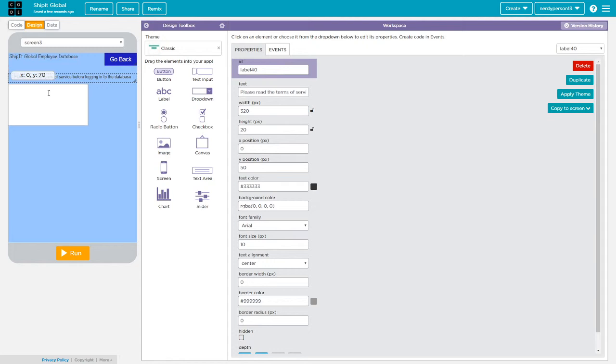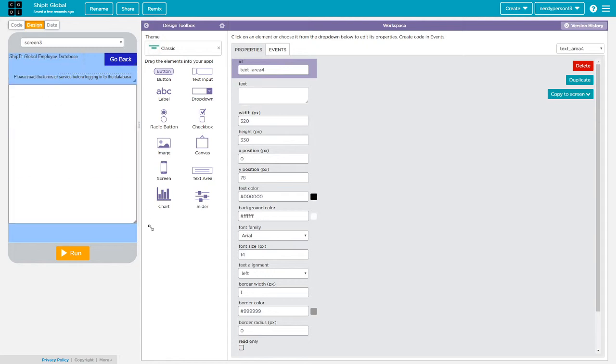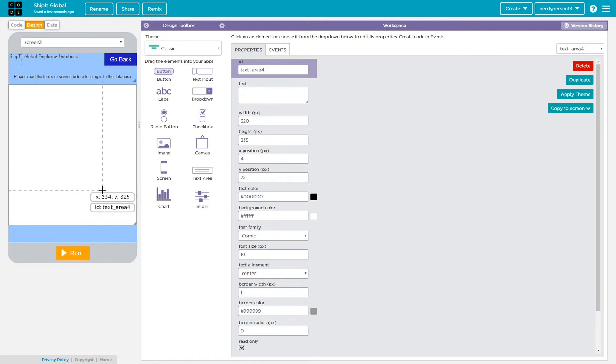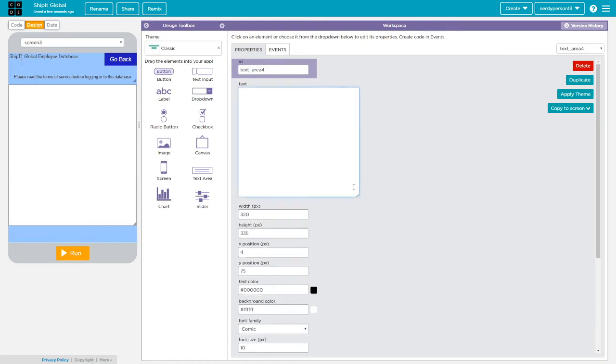Right here, and there will be a text box here. And we're going to go ahead and change the font. We'll do Comic again. And we'll go ahead and center that. Make sure that you always put read only, because people can edit it from there. But yeah. And then we'll put here